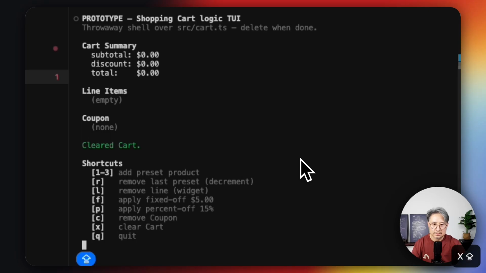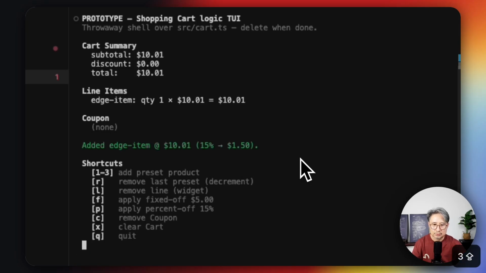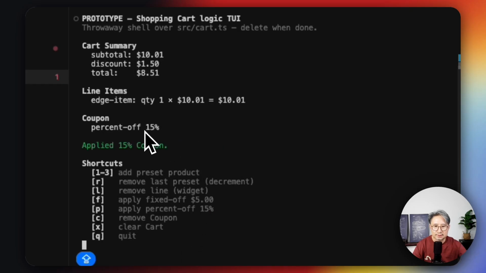Let's clear the cart and add item number 3, which is $10.01. What is the total after applying the coupon of 15%? We add P, and the final price is $8.51, which is what we expected.